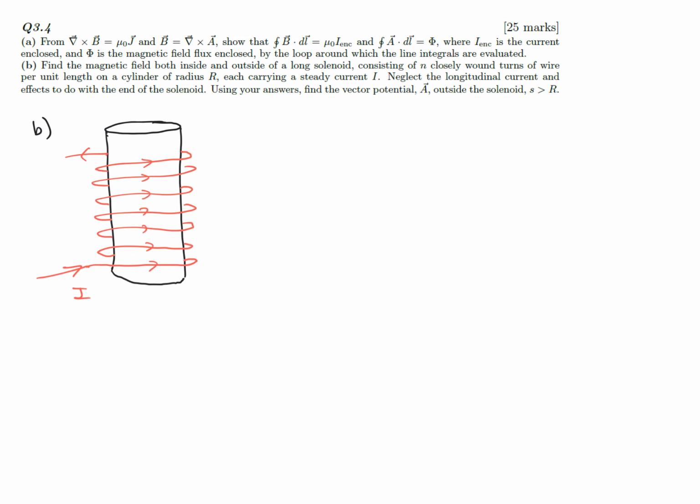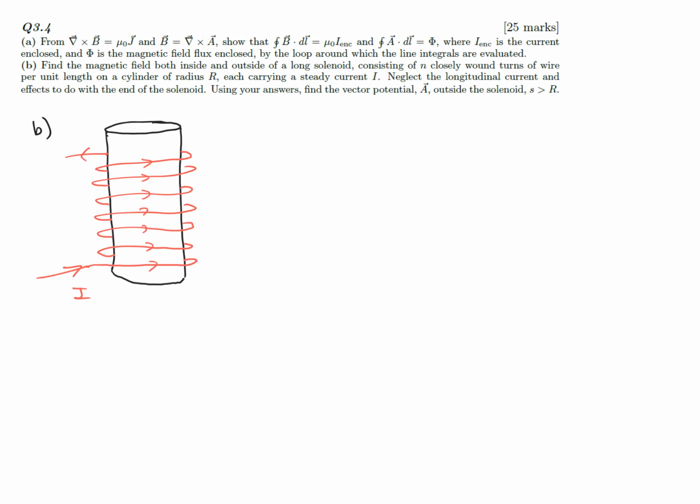So those are the assumptions. What neglecting the longitudinal current tells us is that each time the wire wraps around this cylinder, we can take that to be a single wire loop. We don't imagine it to be a spiral, we just consider it a circular loop, and of course that simplifies everything quite considerably. The way we prove this, as done in the lectures, let's do it again,